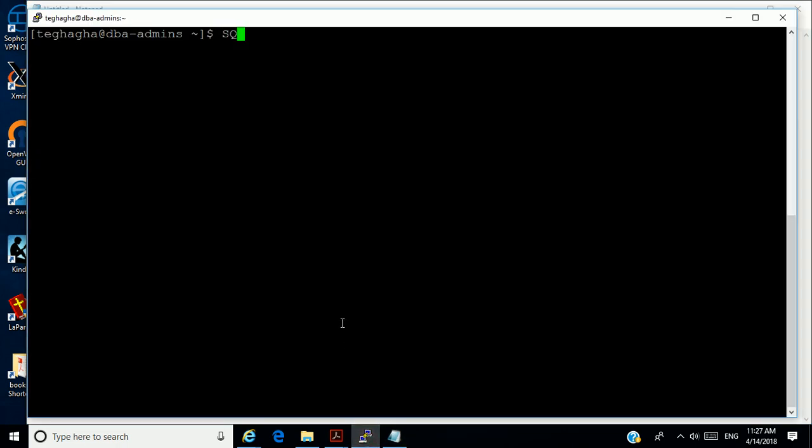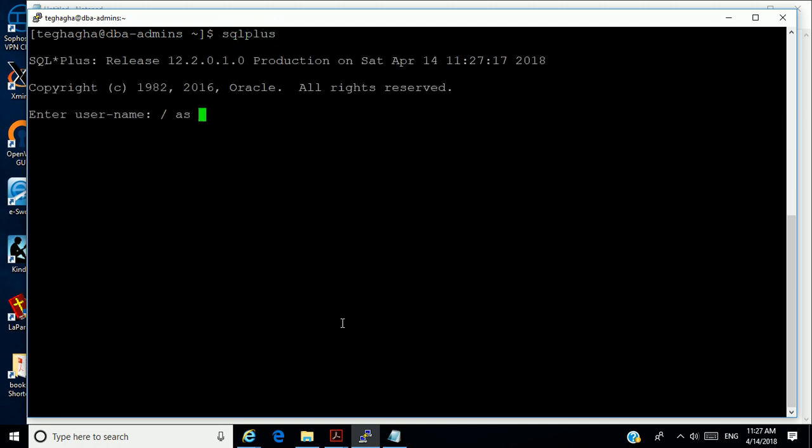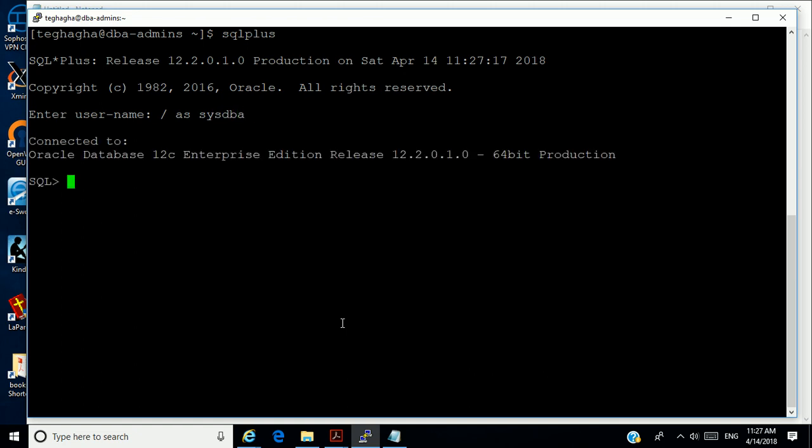So without wasting time, I'm going to try out something here. If I connect to my database, and let me see the kind of schemas I have here. What kind of tables do I have?